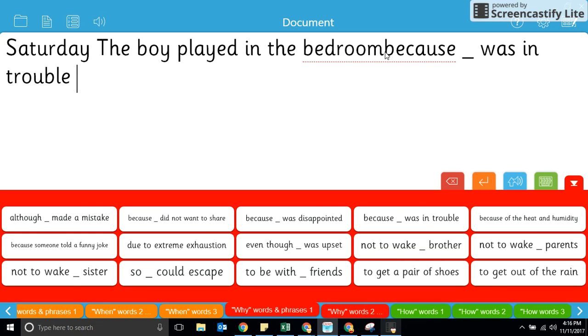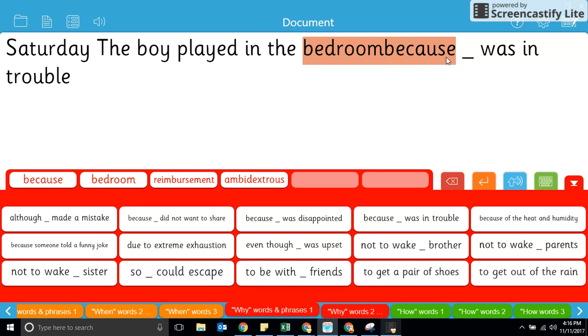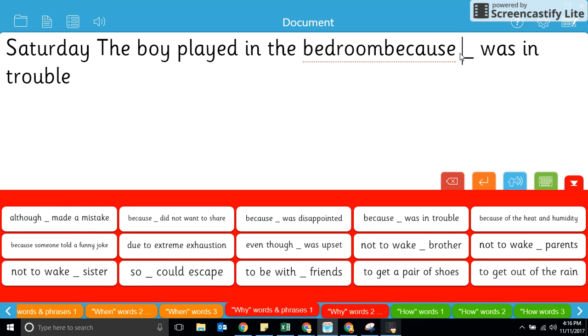Put that in there. I need to put a space in here. Click here and then go back. You can put your space back in there. And since we're talking about a boy, I'm going to change this blank here to he. Saturday, the boy played in the bedroom because he was in trouble. Okay, so now we know why,